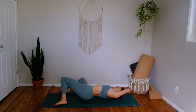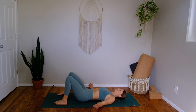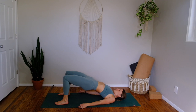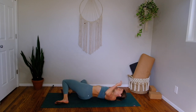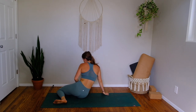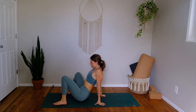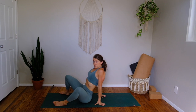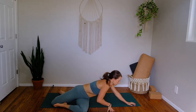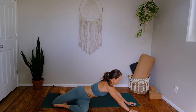Roll onto your back with your knees pointing to the sky. Inhale, bridge pose, lift your hip points up, press through your heels. Exhale, lower your spine back down. Roll onto your right side and press through your hands and come back to center. Inhale through the middle. Exhale, drop your knees to the left. Turn your body to the left, walk your hands out. Inhale, create space. Exhale, thread your left arm